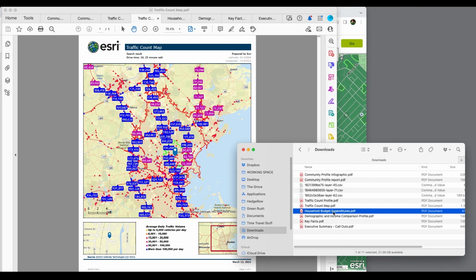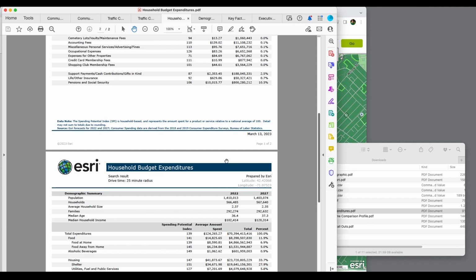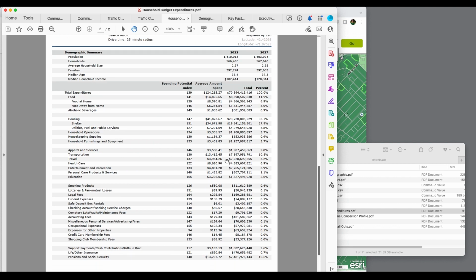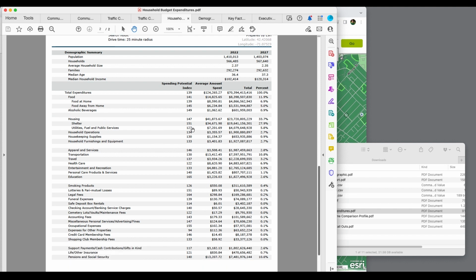Household budget expenditures. Now, this is, again, just a whole bunch of detailed numbers for how people are actually spending money. So these are all the people who are within a 25-minute radius, and it shows where they're spending their money. Average amount spent on housing, on shelter, on apparel and services, transportation, smoking products, legal fees, lotteries, and